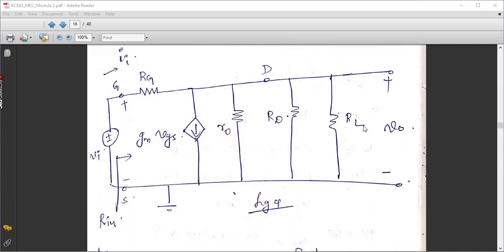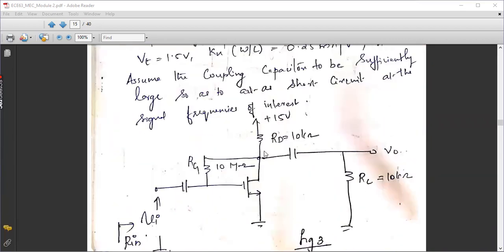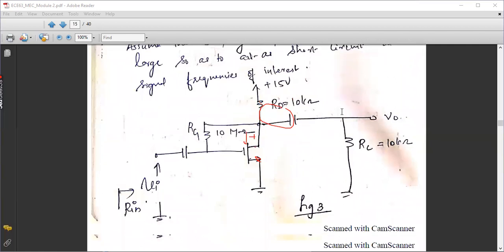The small signal equivalent model deals with AC only. So don't use this for finding capital ID, which is your drain current. We have to use our original given circuit diagram to find our VD and ID. VD is the voltage at the drain terminal, which is nothing but the supply voltage minus the drop across RD. The drop across RD is nothing but ID RD. So if you subtract ID RD from 15 volt, then you will get VD. That is equation number 2.